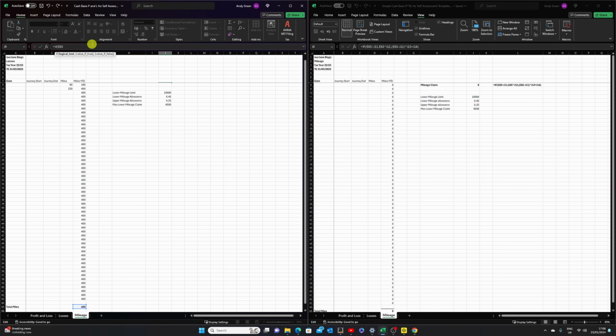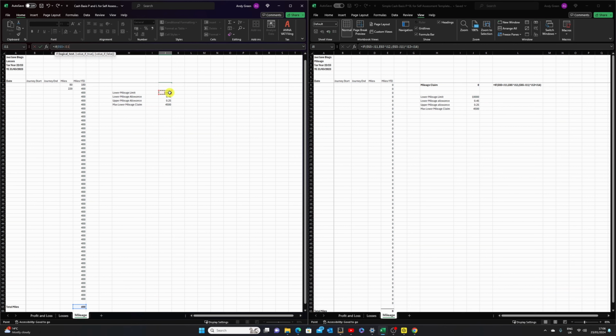So this sign here means less than. So it's saying if that value in E65 is less than, and then we're going to click in this box here. Yeah, that's the test. If this is less than this, then we hit,